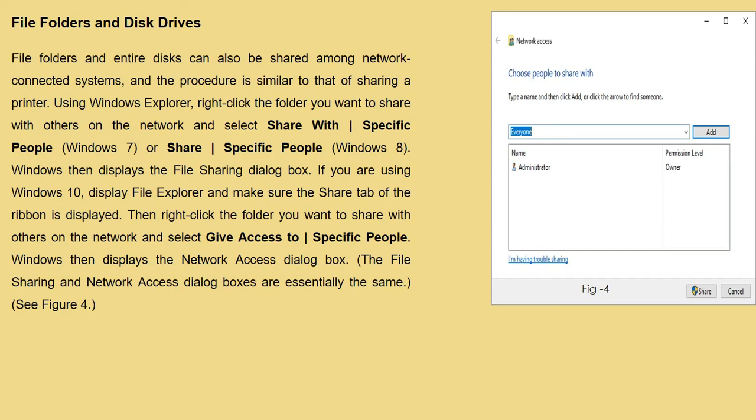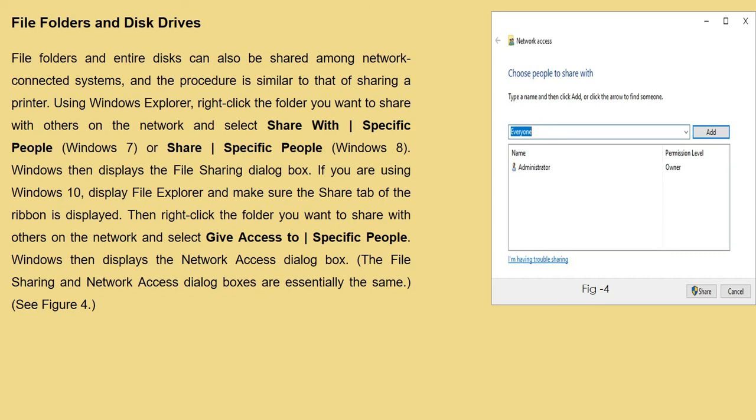Then Windows displays the file sharing dialog box. Okay, if you are using Windows 10, display the file explorer and make sure the share tab of the ribbon is displayed. Then right click the folder you want to share with others on the network and choose the give access to or specific people option.